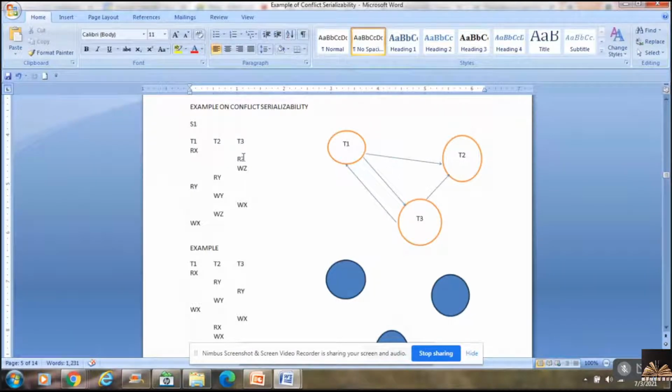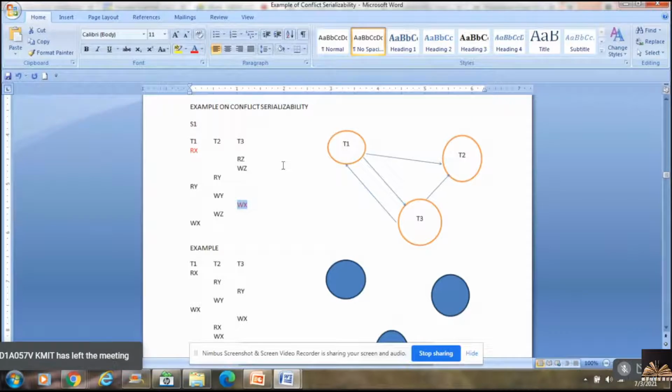Rx is compared with Rz, no conflict. Rx is compared with write Z, no conflict. Rx is compared with Ry, no conflict. Rx is compared with Wy, no conflict. Rx is compared with Wx. Both are conflicting instructions.